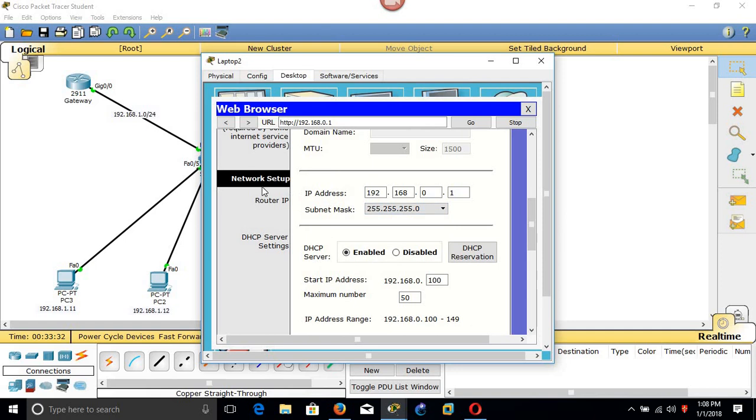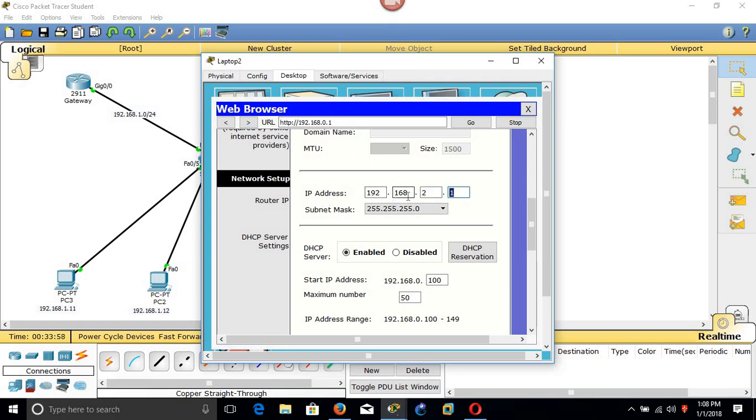Okay, this is our network setup, or the LAN for our router. That router will have two parts. One part will be connected to our LAN, and the second part will be its own LAN, for which other PCs will be connected to it. Okay, we can select any IP. Maybe let's say this is .2. .2 will be used for wireless LAN.